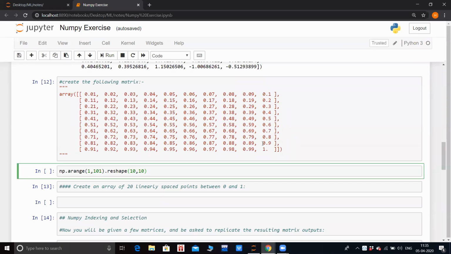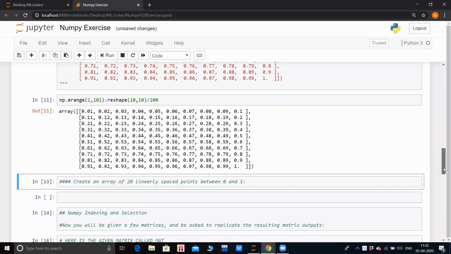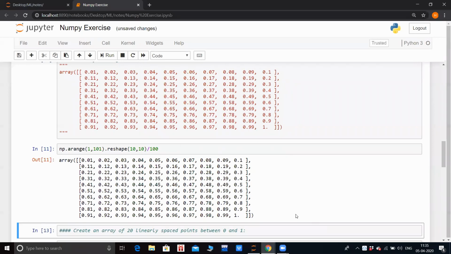But you can see each and every value has 2 decimal points. That means it is divided by 100. So if I do the whole thing divided by 100, you can see I'll get the same matrix as my answer.